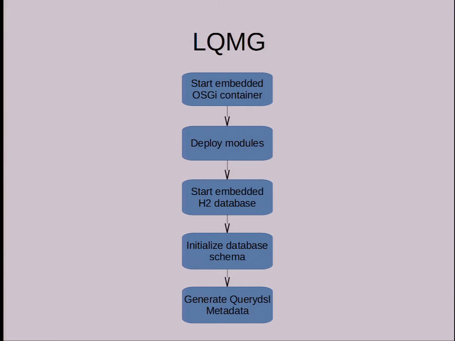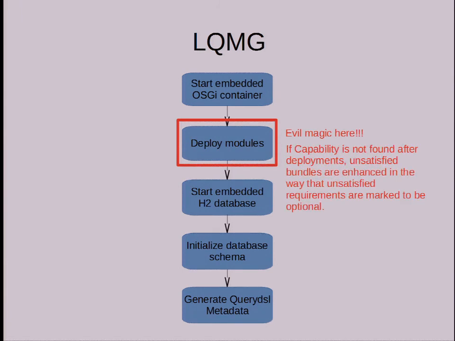Well, there is an evil trick there when the modules are deployed, because sometimes you cannot resolve all of your modules with all of your compile time dependencies. For example, if you use the SLF4J API in OSGi and someone else uses it, they will not be resolved unless there is an SLF4J implementation as well. So the trick here is, if a capability or an import package is not satisfied, then it makes it satisfied. I'm not proud of this, but it had to be done to